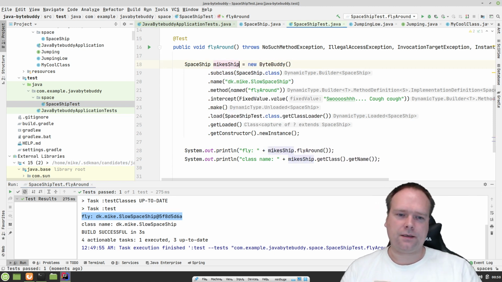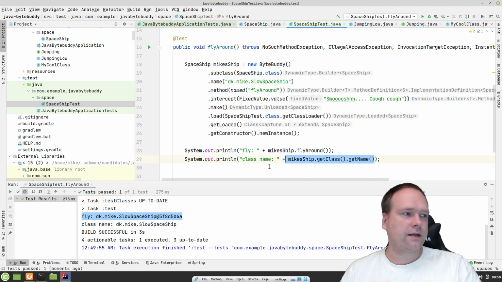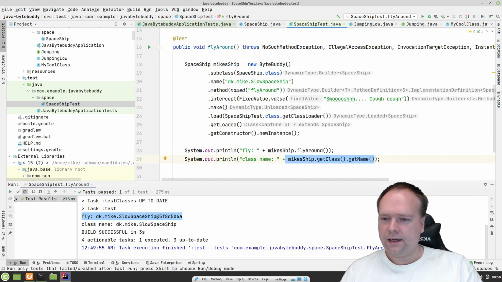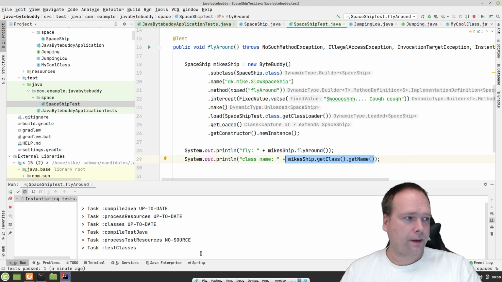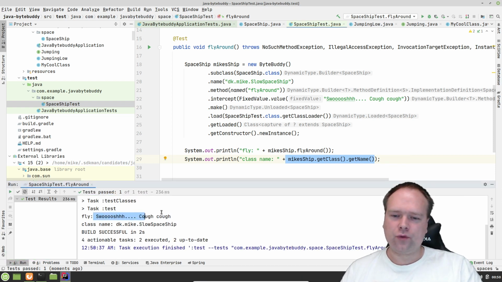Mike's ship instead. It's a bit easier to follow now. Mike's ship, of course, Mike's ship can fly around, and we can also get the class and get the name, of course. Let us run the test again. So right now we can actually see it says swoosh cough cough, and the class name is actually DK Mike